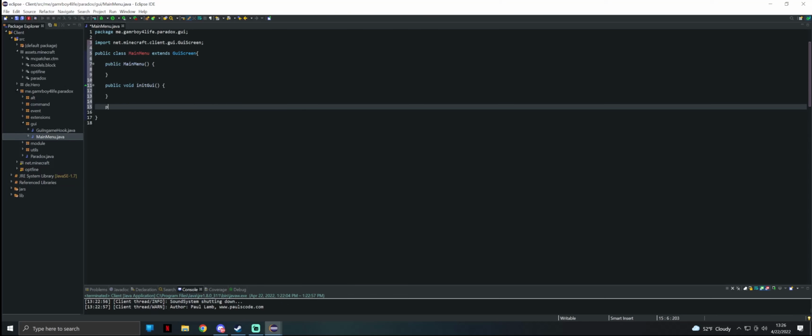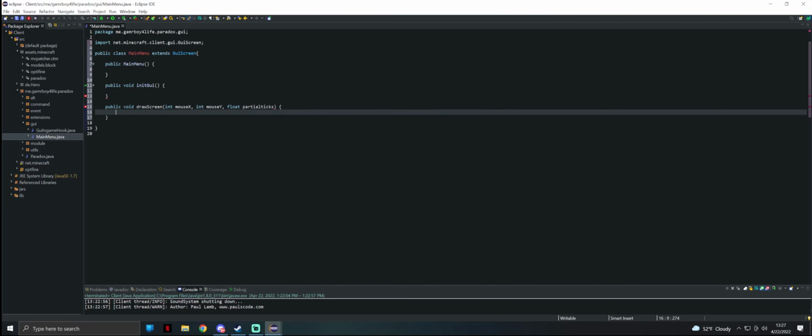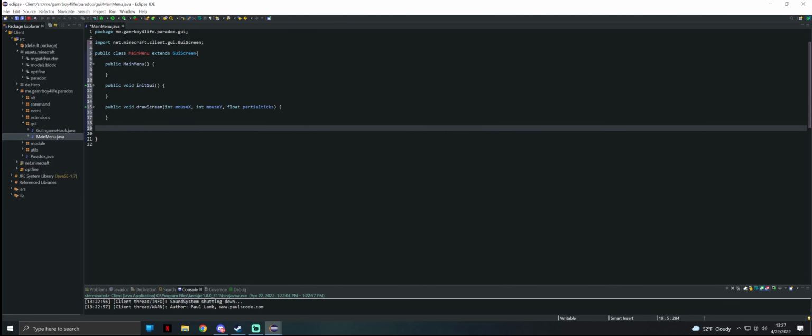We will do public void drawScreen, and in here we set an integer called mouseX, another integer called mouseY, and a float partialTicks. Then we're going to do public void mouseClicked with int mouseX, int mouseY,